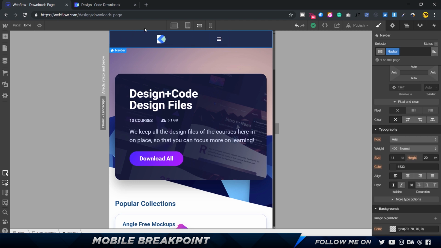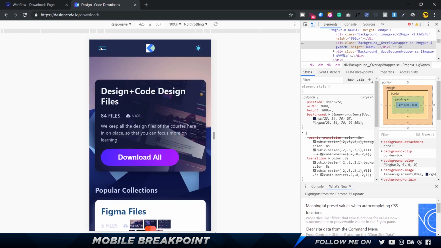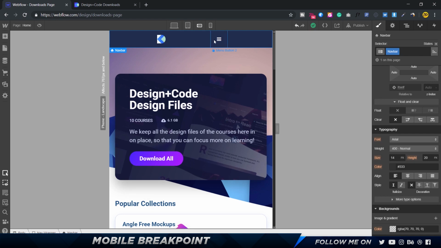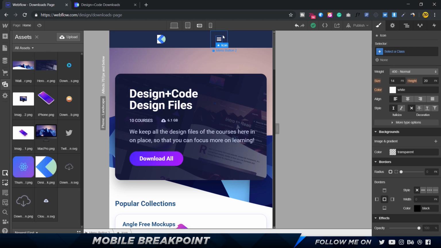Okay, so now once this is done, I want to move the menu icon to the right side and have this in the center. So if you look over here, this is how it looks. All right, so we have the menu and then we have the icon, the logo here. Now this menu icon has a different color, but to keep it simple, I'm just keeping it white. And if you want to change this menu icon, you could easily do that. You could go ahead and import your icon over here and then just drag and drop it over here